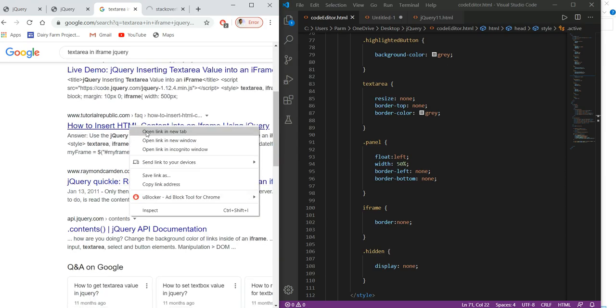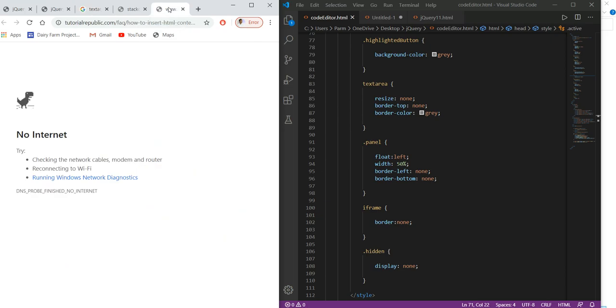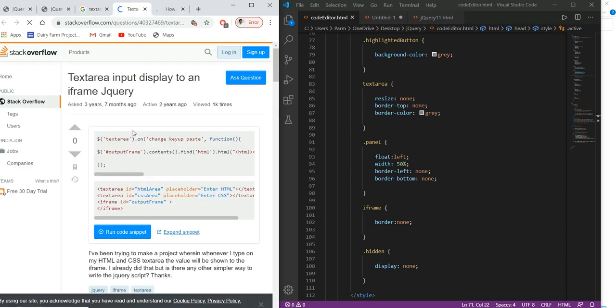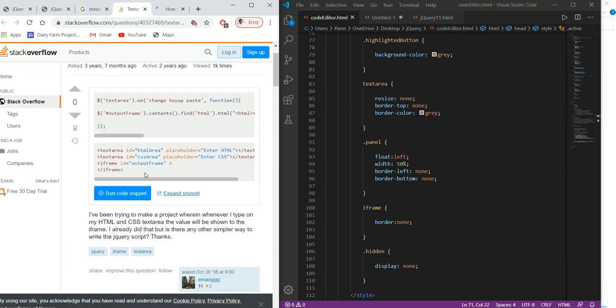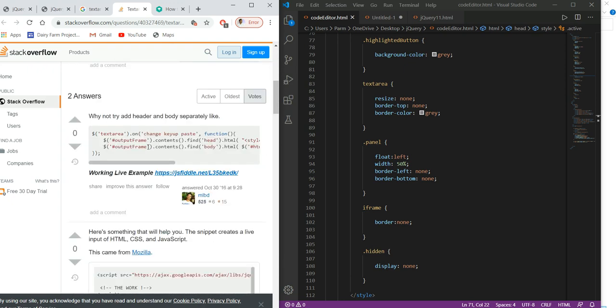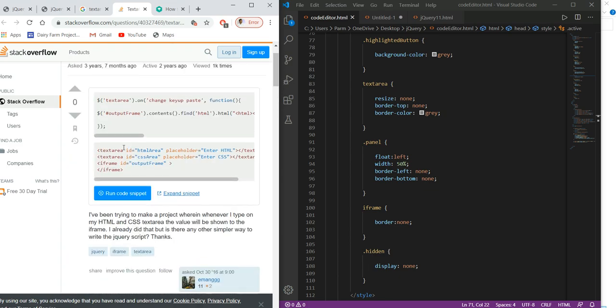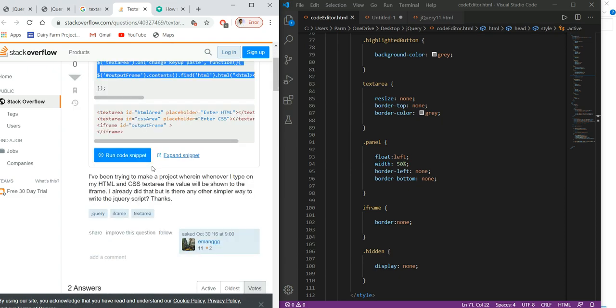We are having some information over here. Yeah, it's text area on change, key based function, and all these things they have done excellent. Yes, this is workable for us. Text area input display to an iframe using jQuery, it works.